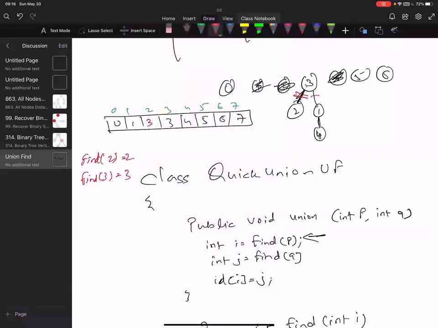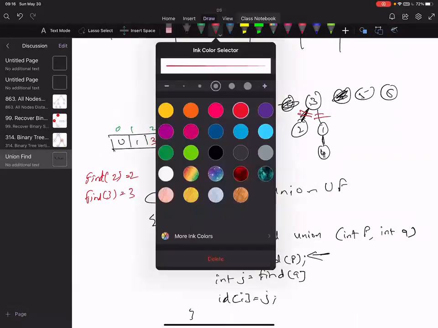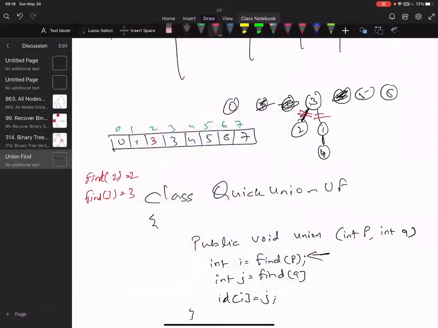Then I say connect 3 to 1. Wait, is it correct? When I am saying connect 1 to 3, not 3 to 1, because that makes a difference. So I'm going to change the value of 3 to the value of 1.